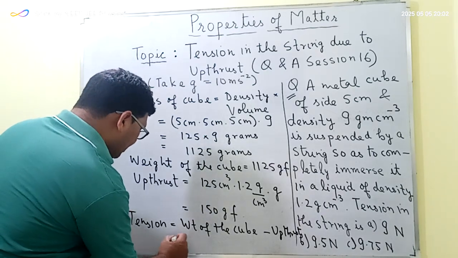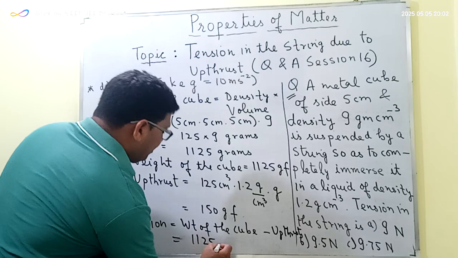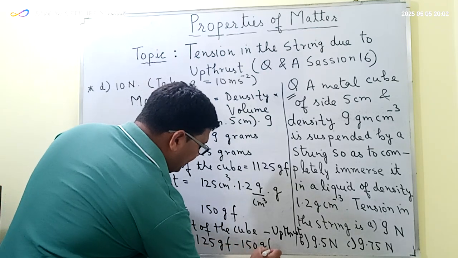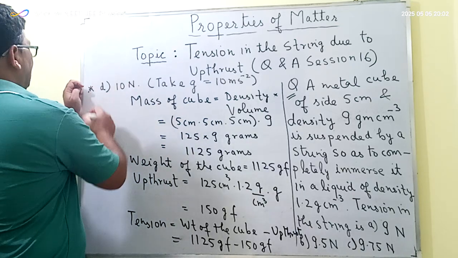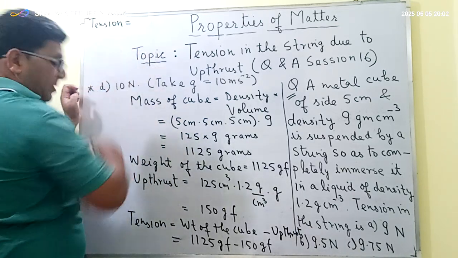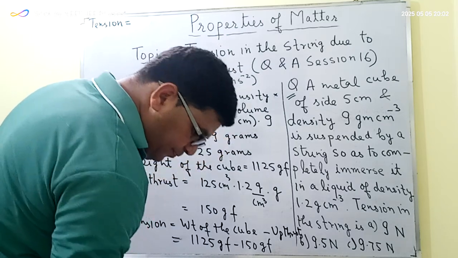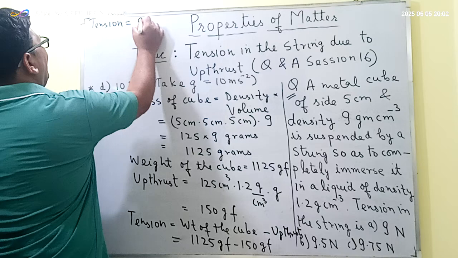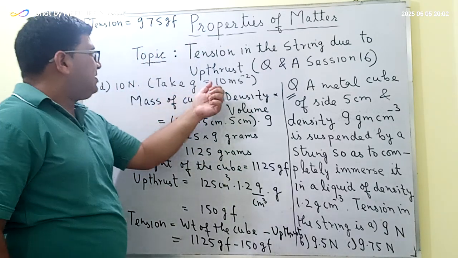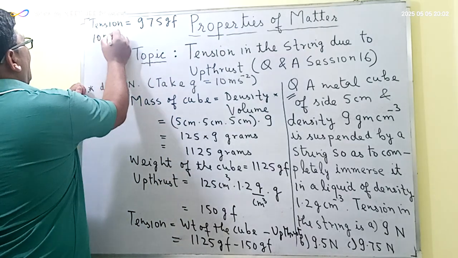So this is equal to 1125 gram force minus 150 gram force. So the tension in the string will be equal to 975 gram force. Now if the value of g is equal to 10 meter per second square, then 1000 gram force is equal to